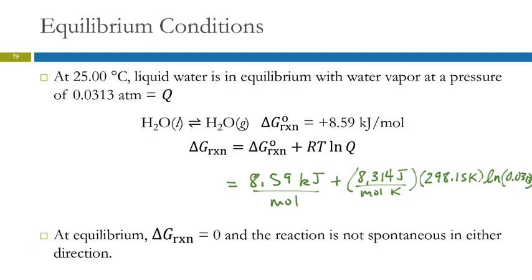What do we have to watch out for? Units. This is kilojoules and this is in joules, okay? So I'm going to turn this into joules. We'll end up turning it back, but it just makes it a lot easier to do on the calculator. So instead of the K there, I'm going to put 10 to the third in the calculator. So I've got 8.59 EE3 plus 8.314 times 298.15 times the natural log of 0.0313 equals,